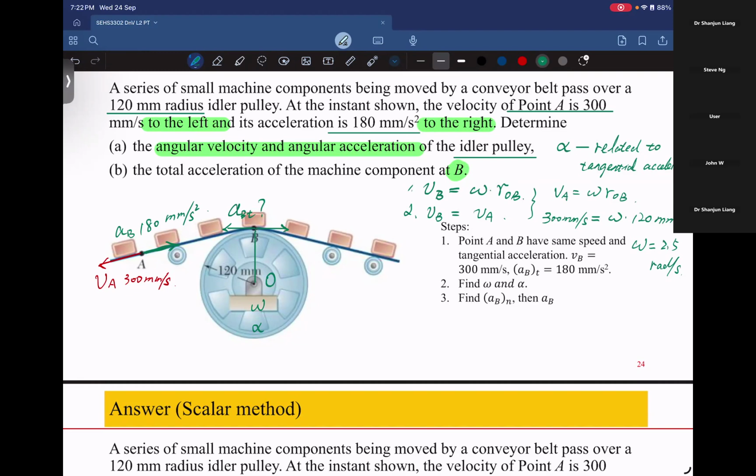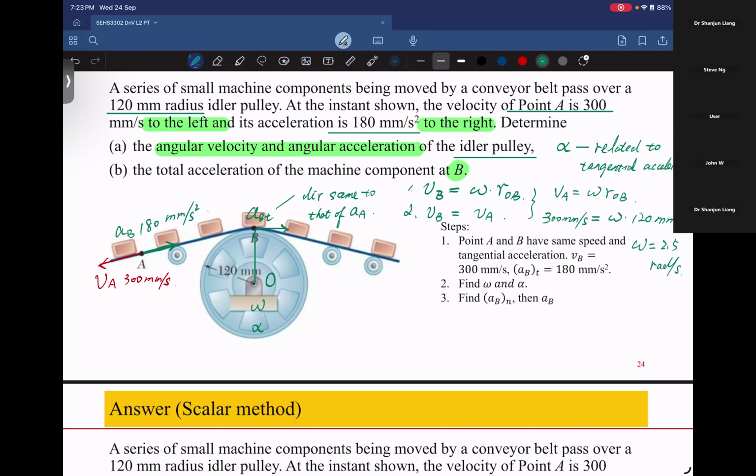ABT's direction is to the right, because it should be the same as that of AA, right? AA is to the right. The direction is the same as that of AA, to the right. And we know this